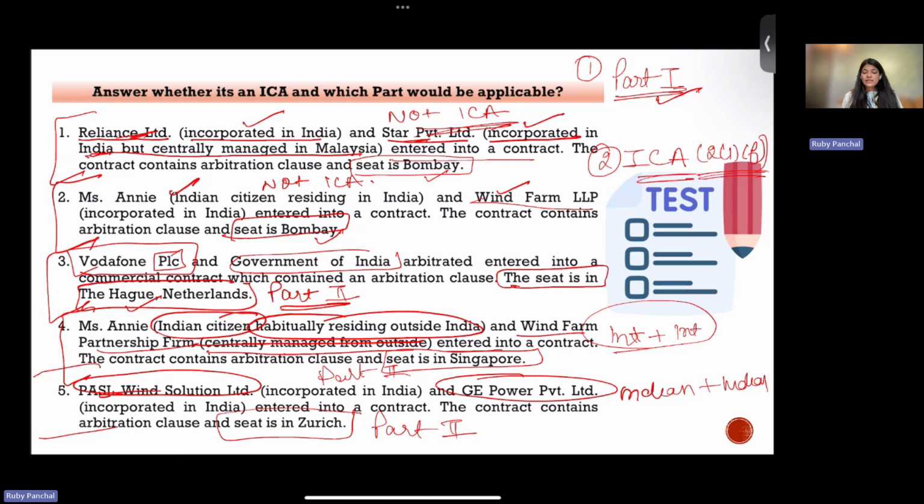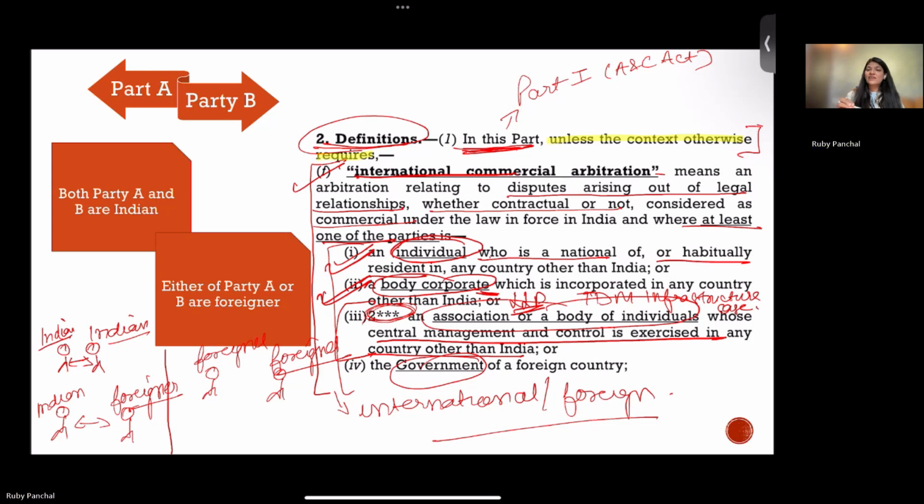Both are Indian parties. Had this been in India, would this be an ICA? Would this be a case of international commercial arbitration? I hope your answer is no, because both the parties are Indian. But the seat is not in India, and hence we will not apply Section 2(1)(f) to the definition. So we'll again hold the question, how are we defining international commercial arbitration in Part 2? But I hope your understanding of defining international commercial arbitration in Part 1 is clear.